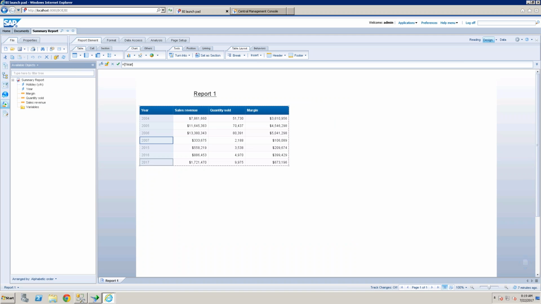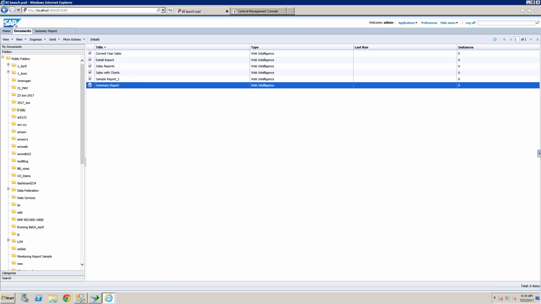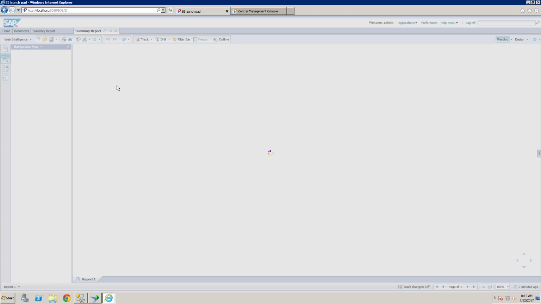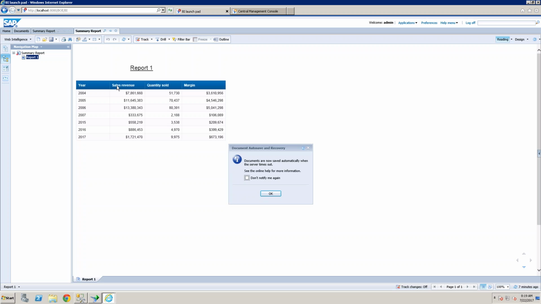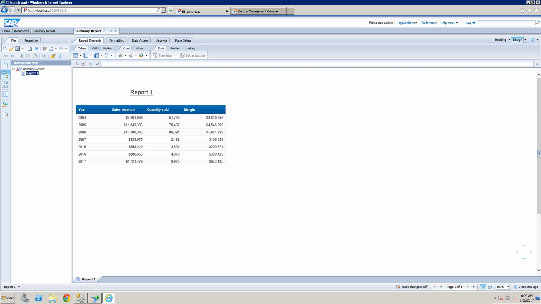So how can we do that? If you directly open in modify mode, that means the report opens in Java mode or applet mode. So now I'm going to open a report directly in view mode and go to the design. Click on design mode. If you click on design, it will open in HTML format.